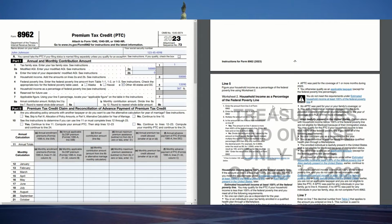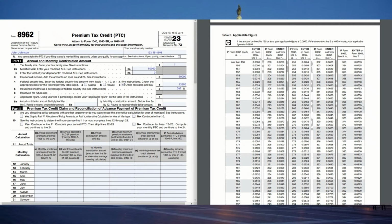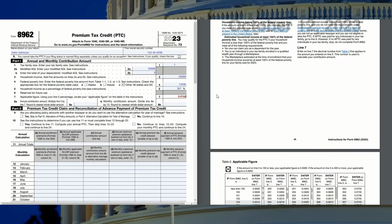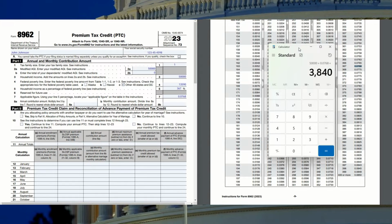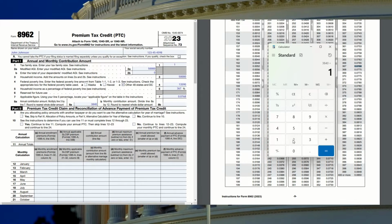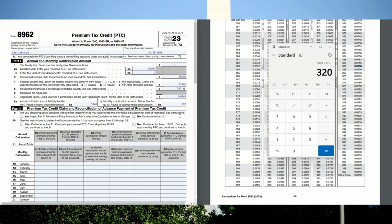Next, we get line number 7, which is the number we get from the instructions at 367, which is 0.0768, and that goes on line 7. So we look at the chart there on the instructions for 367, and that gives us 0.0768. Next is line 8A, and they're going to ask us to multiply line 3 by line 7. So that's 50,000 times 0.0768, and that gives us 3,840. 8B asks us to divide 3,840 by 12 to give us a monthly amount of $320, and that goes